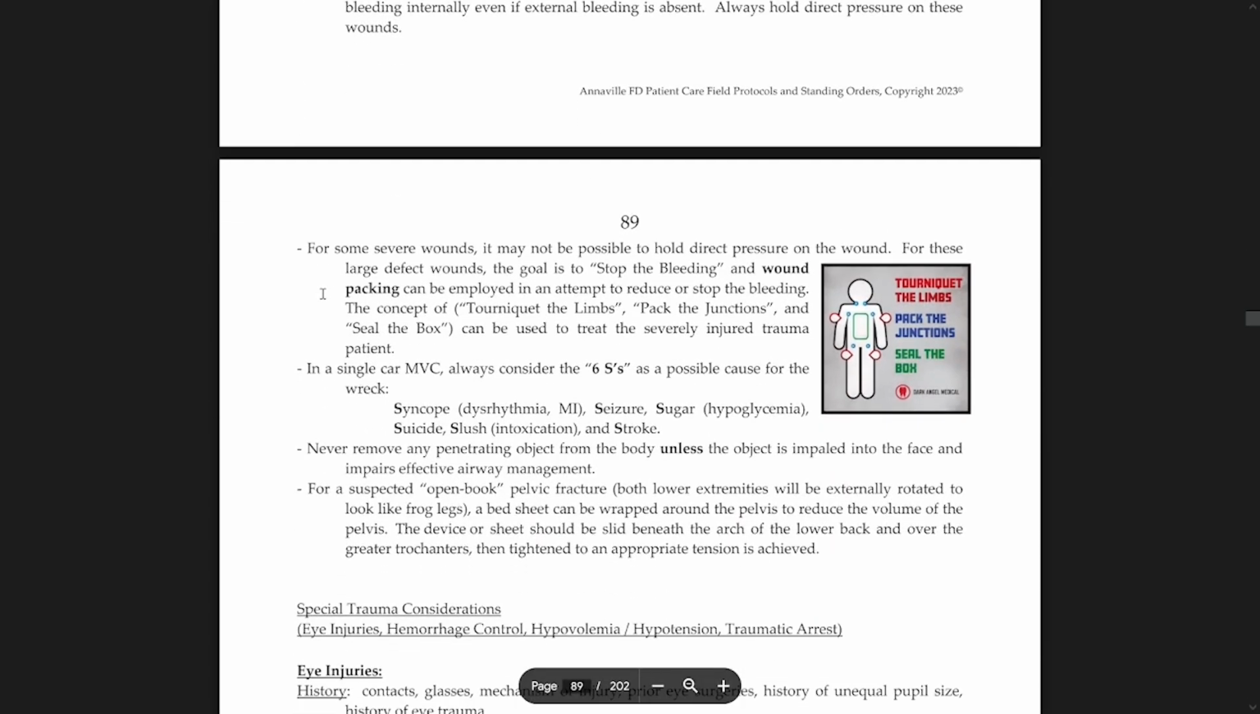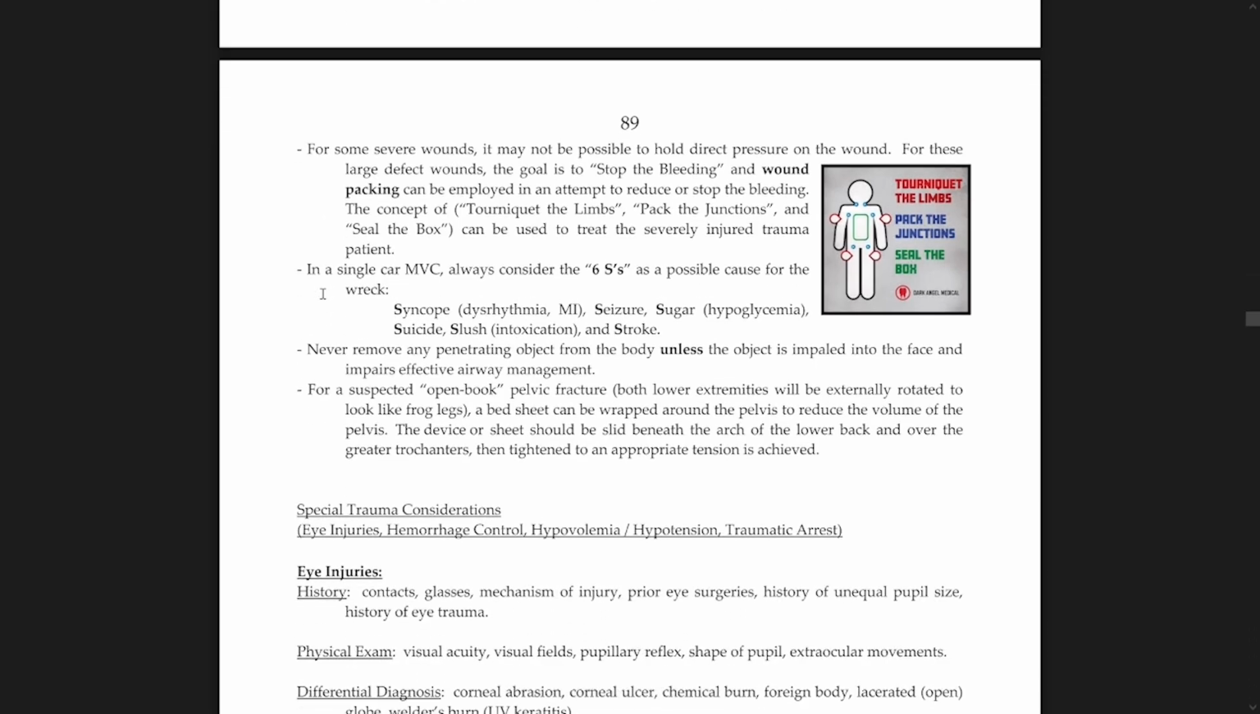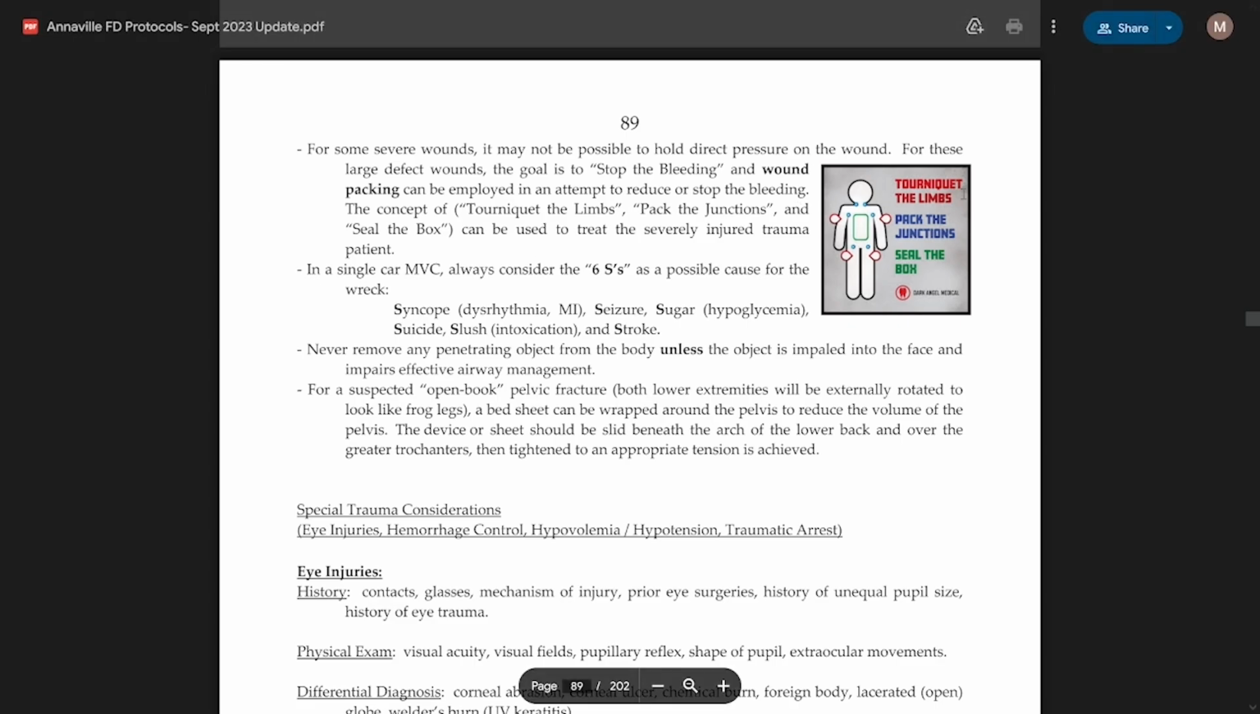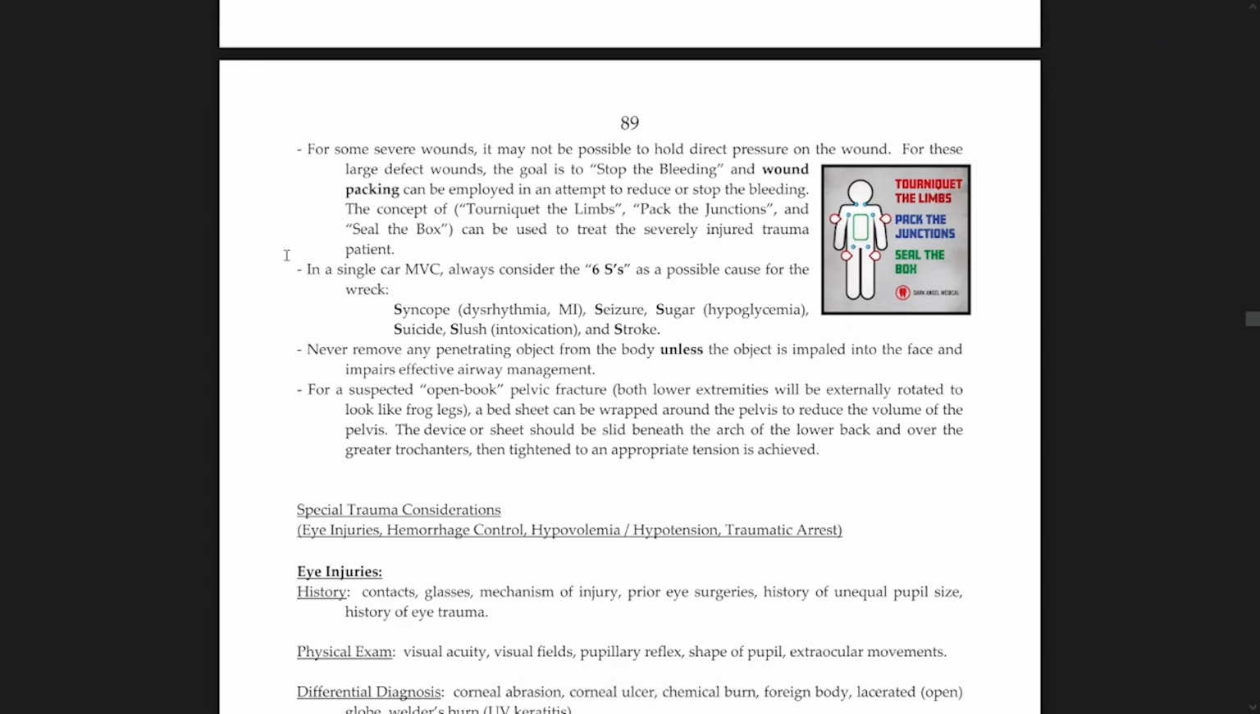For some severe wounds, it may not be possible to hold direct pressure on the wound. For these large defect wounds, the goal is to stop the bleed, and wound packing can be employed in an attempt to reduce or stop the bleeding. The concept of tourniquet the limbs, pack the junctions, and seal the box can be used to treat the severely